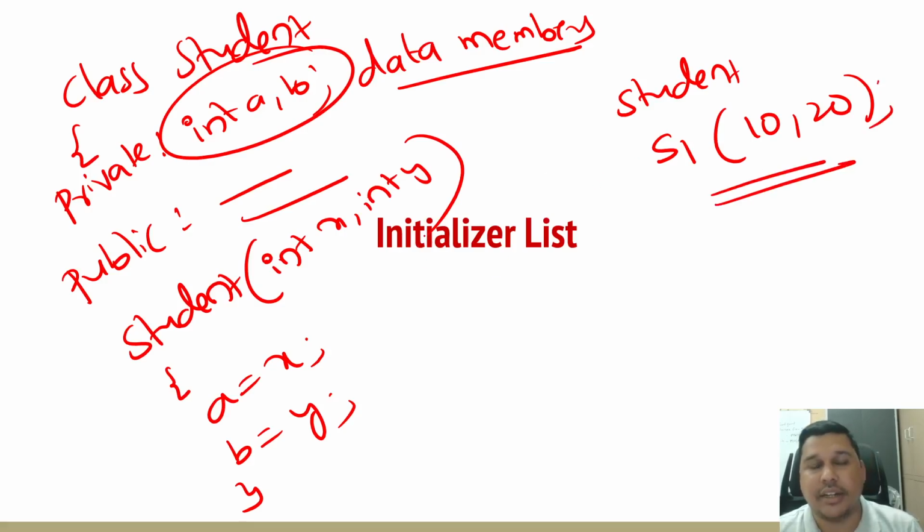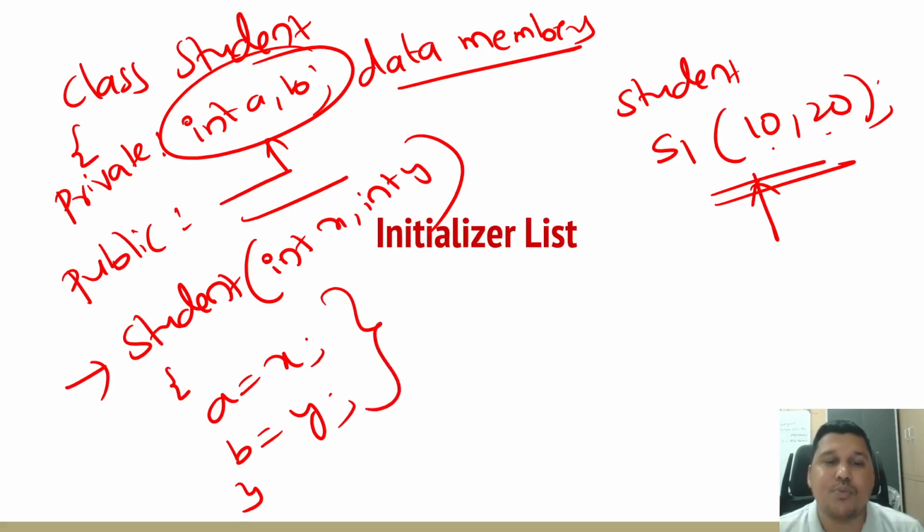So we studied that private data members cannot be initialized outside. The alternative was using a constructor, a parameterized constructor or default, depending on the context. So we can define a constructor like this, and you can pass the values 10 and 20, so that these private data members of the class are assigned some values, right? But there can be some situations